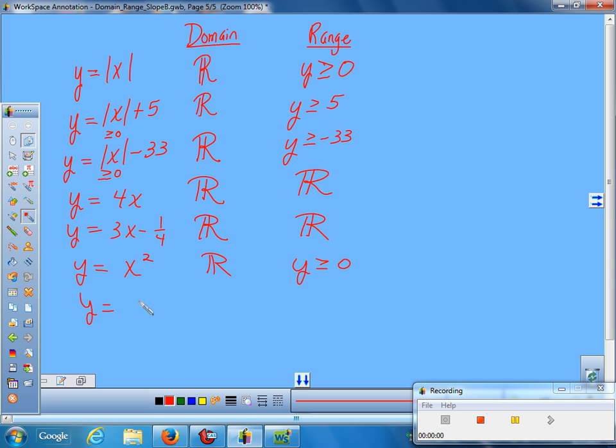So what's going to happen if I do x squared plus 9? All real numbers. I can put anything in there. Y is greater than or equal to 0? Nope. It's all real numbers. The first part is going to be greater than or equal to 0, but then you're adding 9 more. So everything has to come out greater than or equal to 9. If something makes it become positive, then you're going to have to use that second number to determine your value.